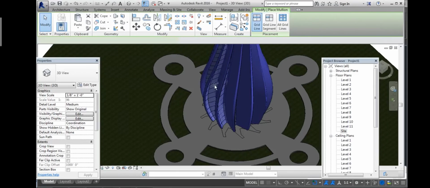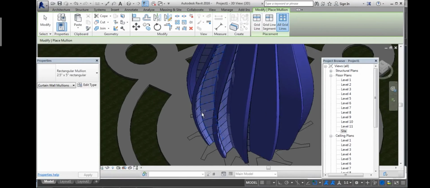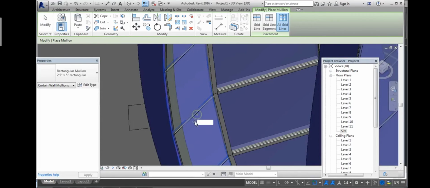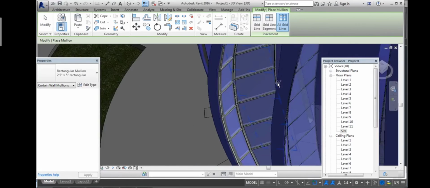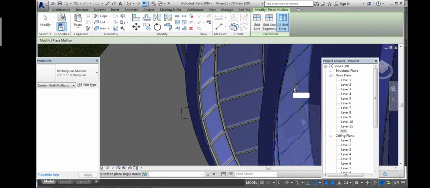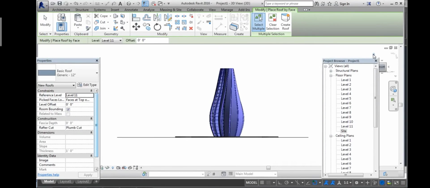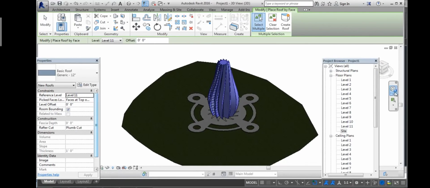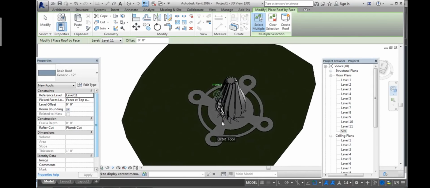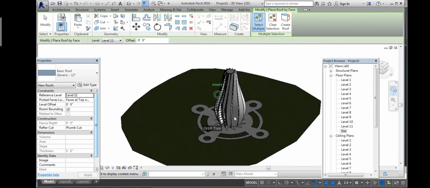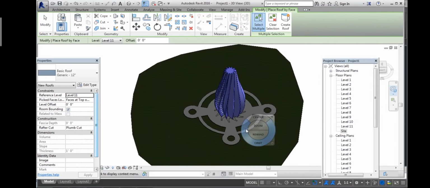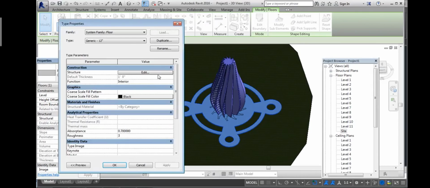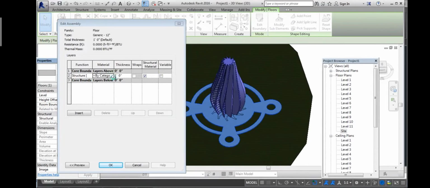Now we have to give some mullions to the curtain wall. Then give the material to the structure and floor according to your requirement.